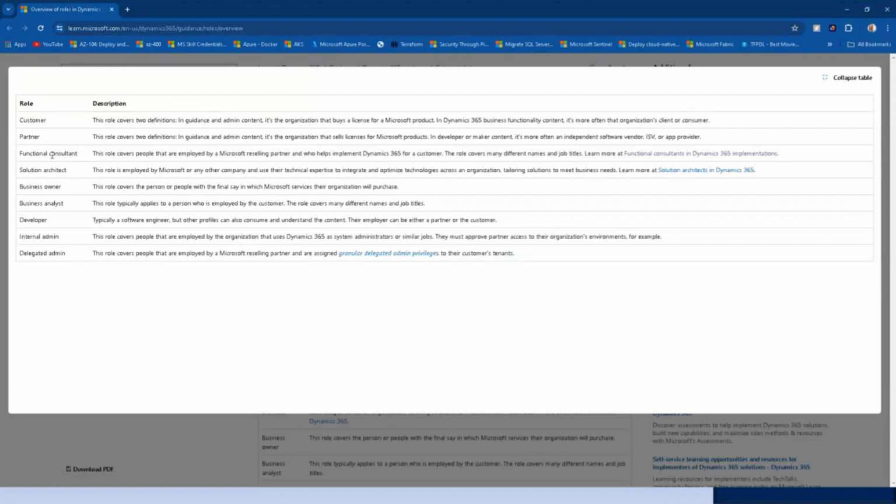We have the functional consultant. So these roles cover people who are employed by Microsoft partners or even Microsoft themselves to implement the Dynamics 365 financial application for organizations, right? So this functional consultant role has a whole lot of roles underneath it, right? I will talk more on that later. It has a whole lot of roles underneath it, and the reason why I'm talking about this is because